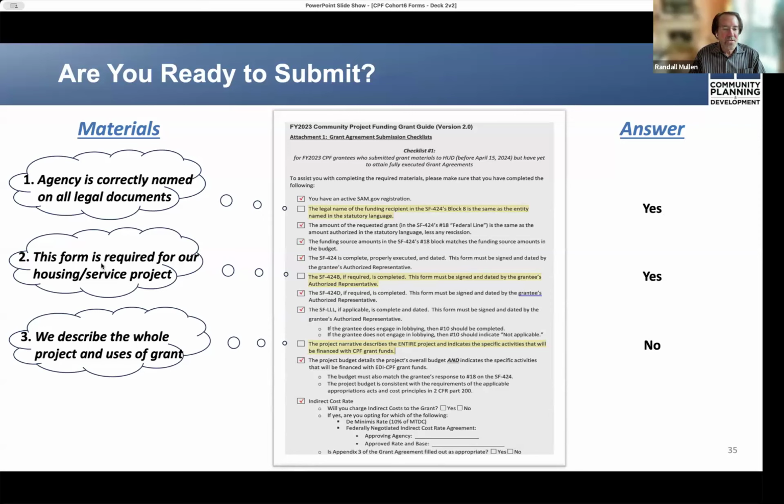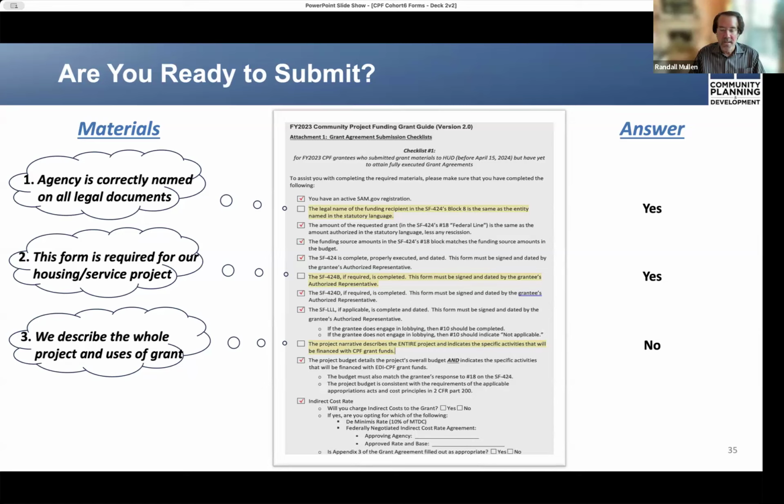The second question is whether the form related to services that is non-construction, which would include services required for this housing service project, is required? And the answer is probably yes, since the project entails both housing and services.